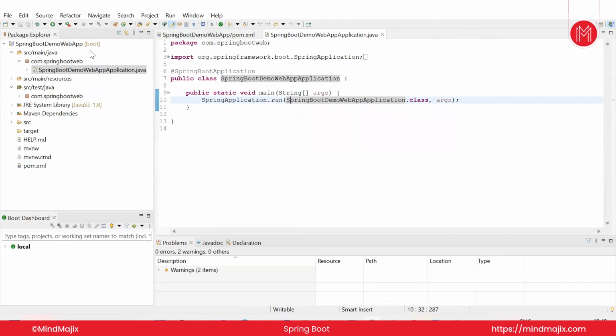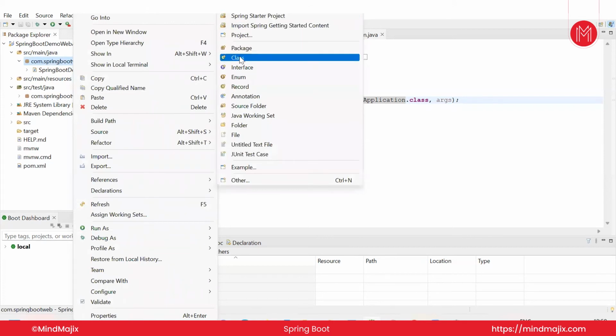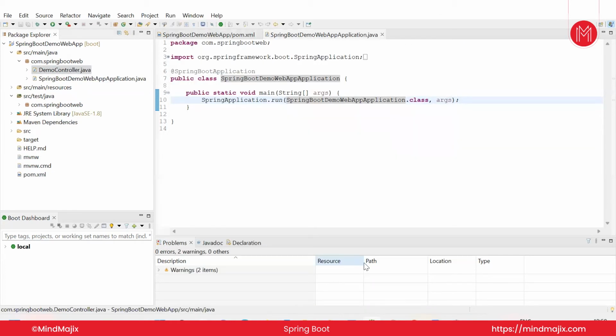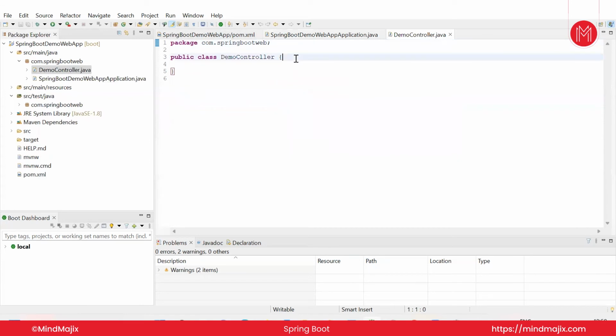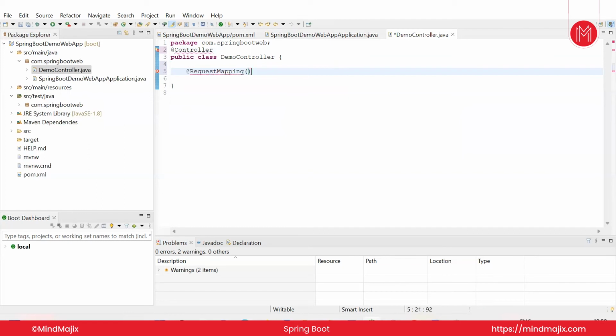controller class. So I right click, new, and create one class named DemoController. Click on finish. See here, the controller is created. We just need to add the controller annotation, and one more annotation, request mapping. Here we pass a path, that is home, and we need to write some business